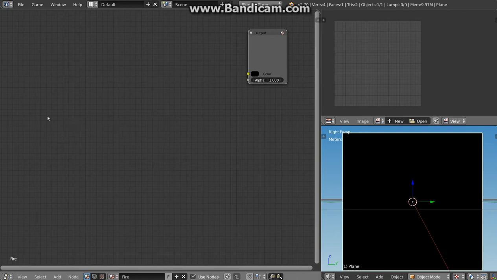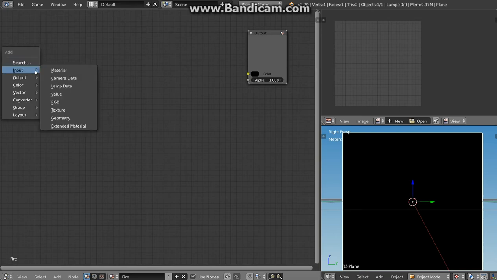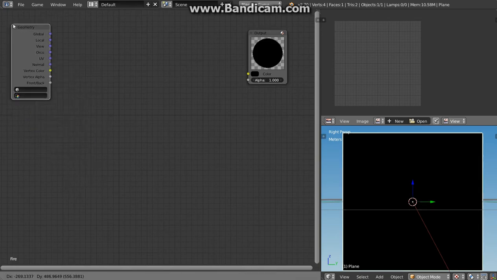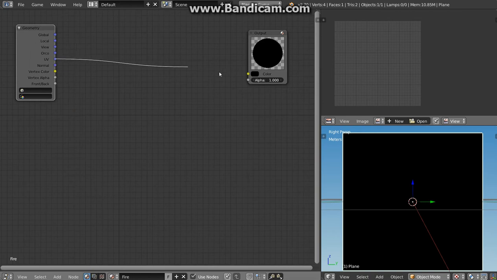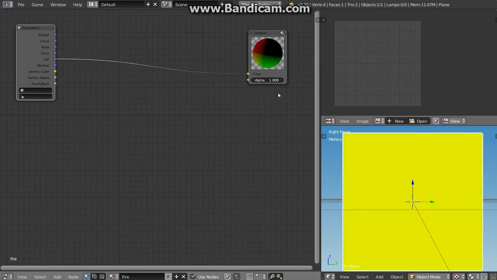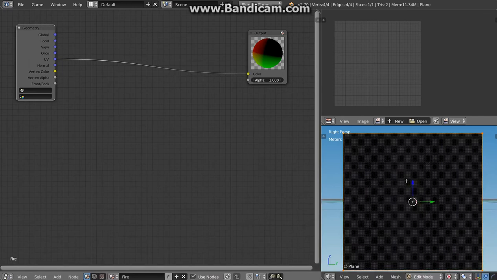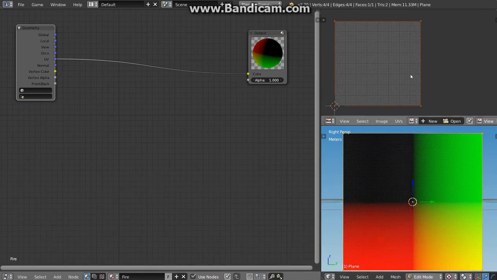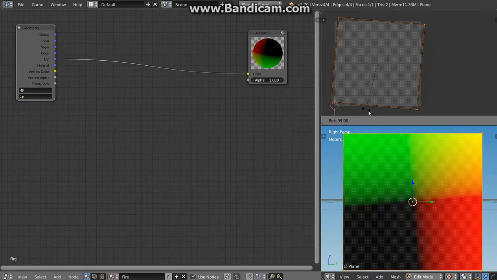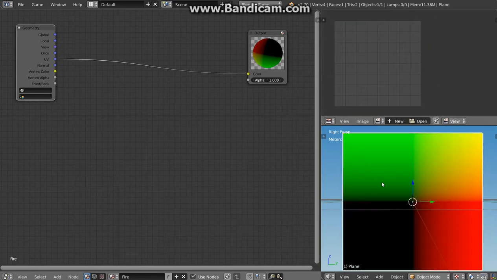Now I will start in the node editor and add here the input geometry node and place the UV coordinates right into the color value for our output. I see that this doesn't work as I expect because this plane isn't UV unwrapped yet. So I go to edit mode, U and reset. I see it's the wrong rotation by 90 degrees, and now